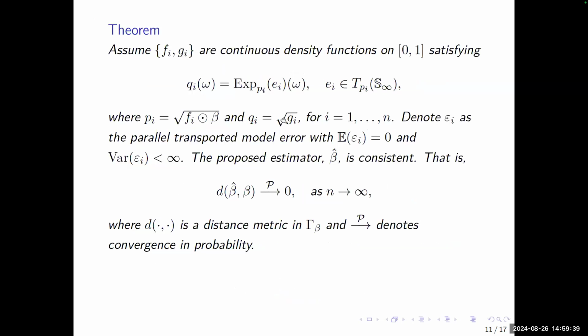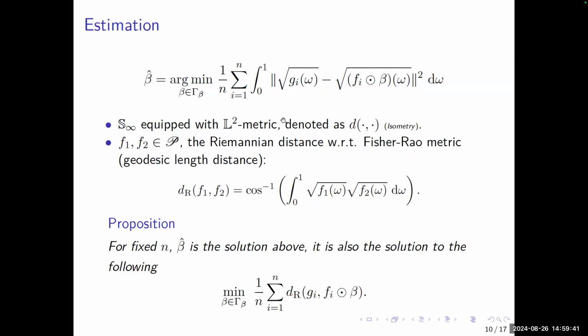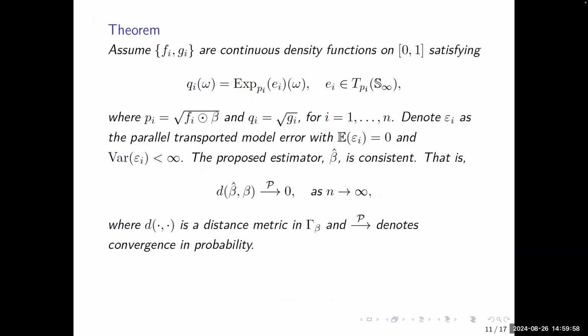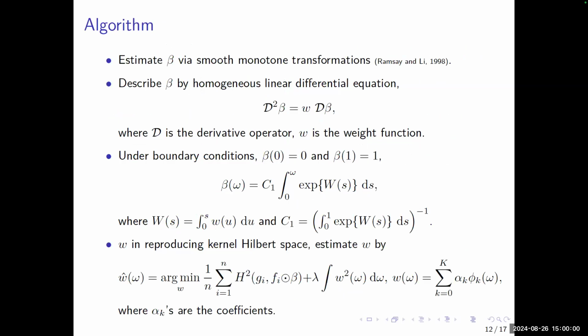I'm not going into too much of the technical details, but it's all based on Riemannian geometry, and we can transform those into the L2 space and define the distance metric. We also have propositions and theorems to show the consistency of the estimators, and also give the inference. So here, again, for beta estimation, the warping function is monotonically increasing